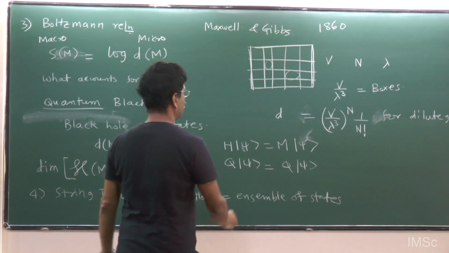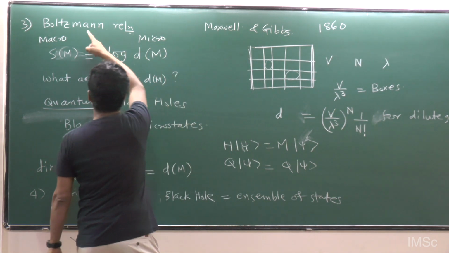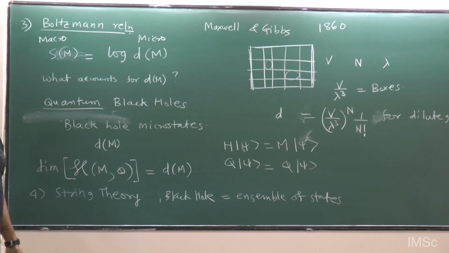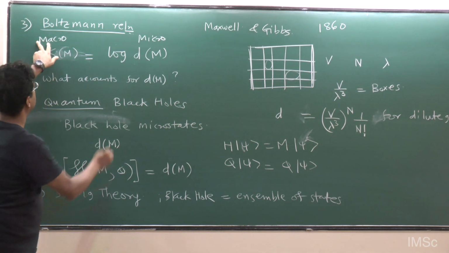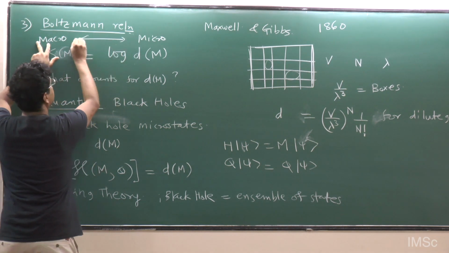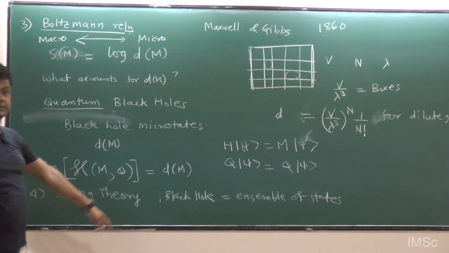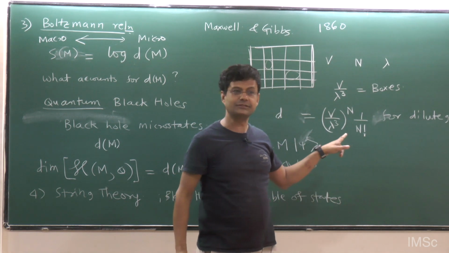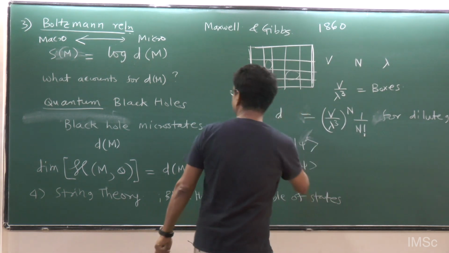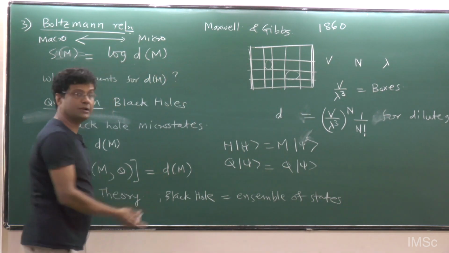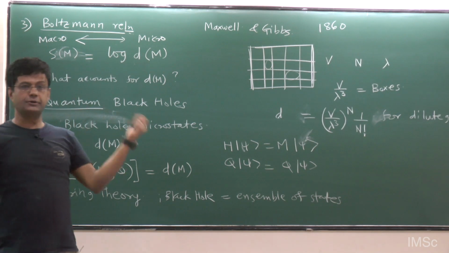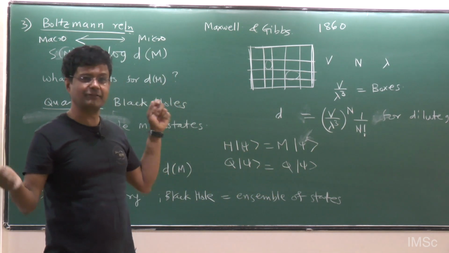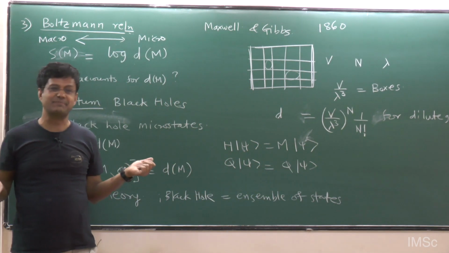And why is this so powerful? Why is the Boltzmann relation such a deep and important relation? Because it gives you a connection between macrophysics and microphysics. So this counting that you did, putting in the n factorial to get rid of the Gibbs paradox, if you now take the logarithm of it, you get some quantity. It is obtained purely by combinatorics, right? We didn't do any physics calculation. I mean, it's a physics calculation, but we did not do any physical experiment.